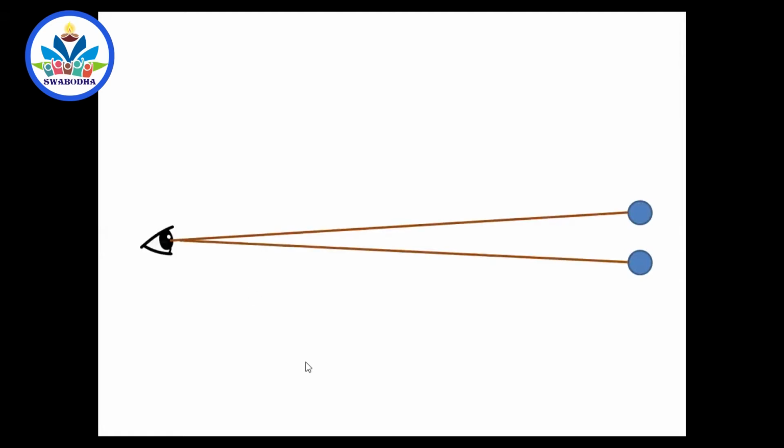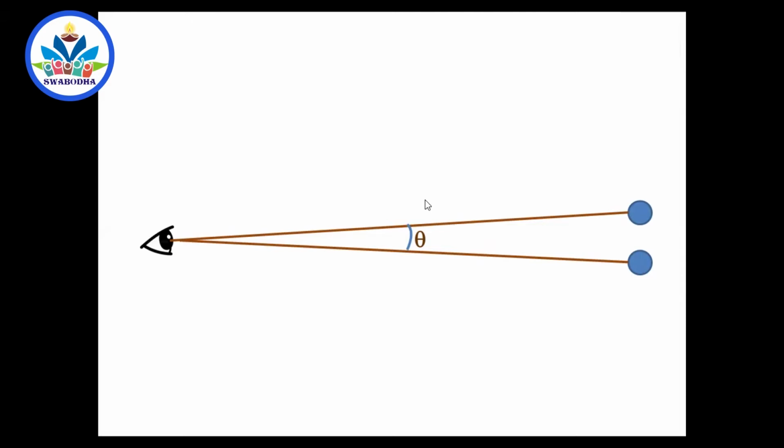And if you put this under a microscope, you can see very well separated images of cells. So why is this possible? Because when you are far away, suppose there are two objects very far from your eyes, they create a very small angle in your eyes. Suppose you take two rays of light coming from those objects, they create a very small angle in your eyes. But our eyes require a minimum angle to be created so that two objects can be seen